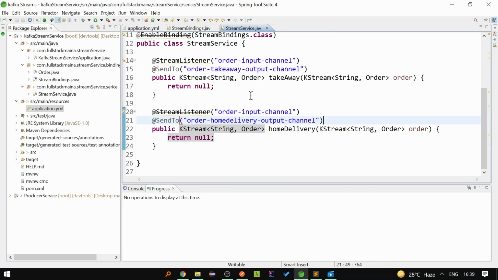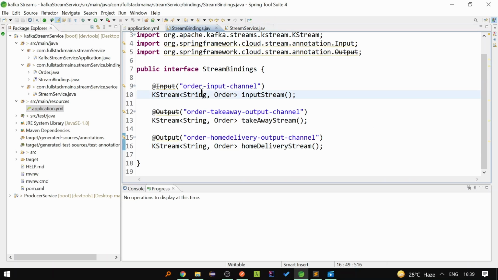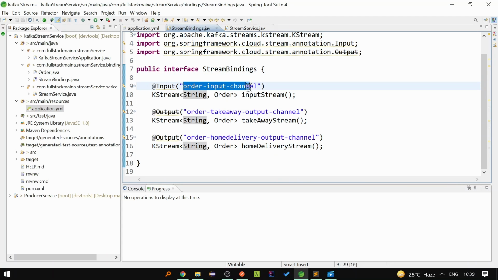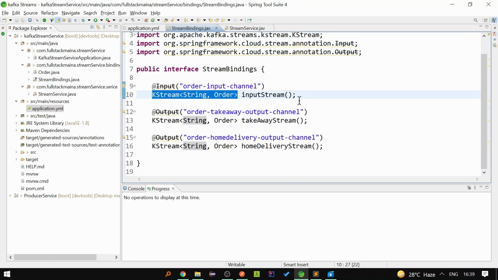So let's understand the control flow from the starting. Here in the stream bindings, it is an interface. Now we have mentioned @Input and mentioned the order input channel, and the type is KStream of string order. The implementation of this method is done by Spring Cloud Stream. Whatever is there in the order input channel, it will take the data and convert it into KStream of string order type.